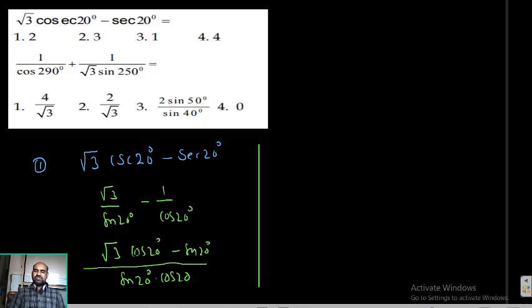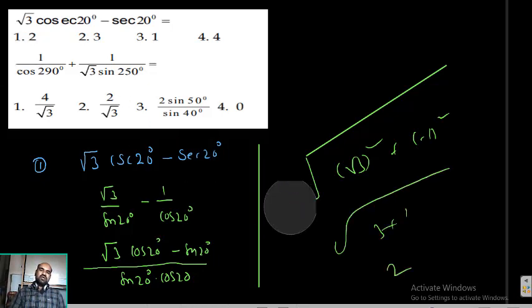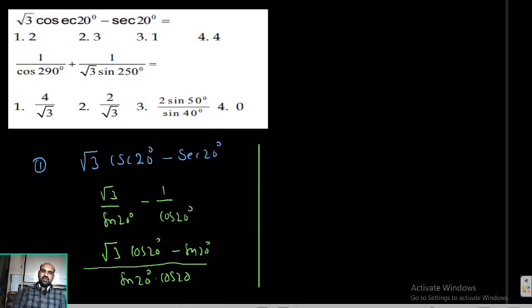The numerator can be converted into a single trigonometric ratio, and that should be multiplied and divided with root over a square plus b square. Here a means root 3, squared, and b means minus 1, squared, that is 3 plus 1, which is 4, root of that is 2. So we need to multiply and divide with 2. So what happened here? 2 into root 3 by 2 cos 20 minus 1 by 2 sin 20.